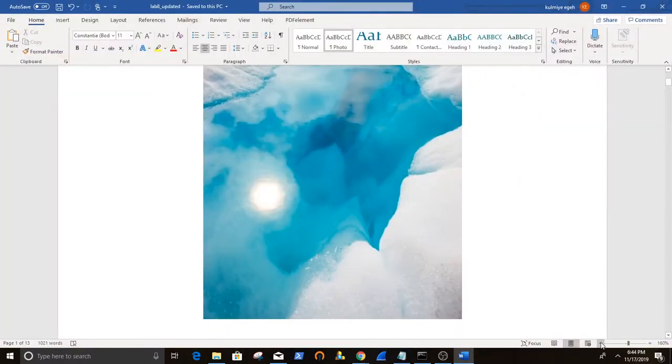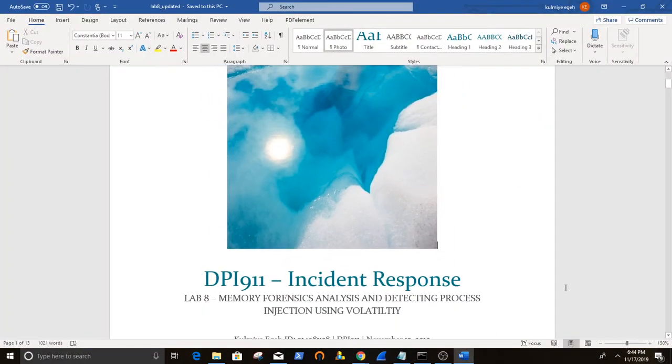Hello everyone, and in this lab, titled Lab A, Memory Forensics Analysis and Detecting Process Injection Using Volatility. My name is Kamei Ige, and just to tell you about the tool that we'll be using, which is an advanced memory forensics framework titled Volatility. It can help determine whether malware was infected on a machine, and to support this with evidence such as network